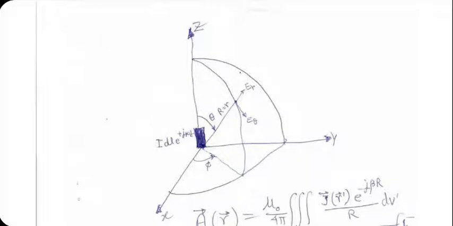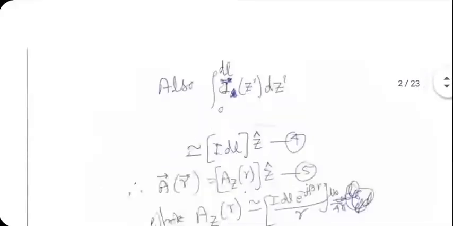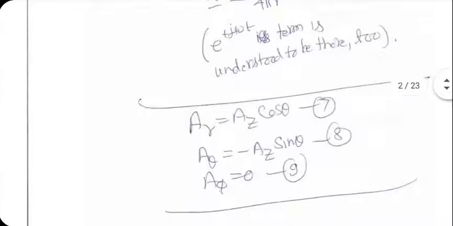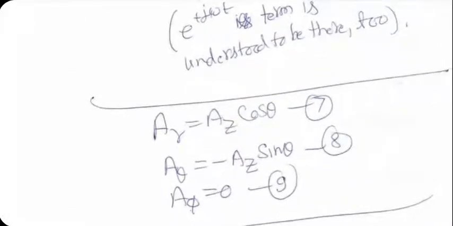If you want A theta, it will be minus AZ sin theta, because theta is actually directed in the direction that you are seeing, while AZ sin theta will be oppositely directed. So the minus sign comes in. And because it has got only a Z component, A phi will not be there, because the XY plane is at 90 degrees with the Z axis. Okay. So even physically, these formulas are justifiable. The conversion from AZ to AR, A theta, A phi is reasonably simple.